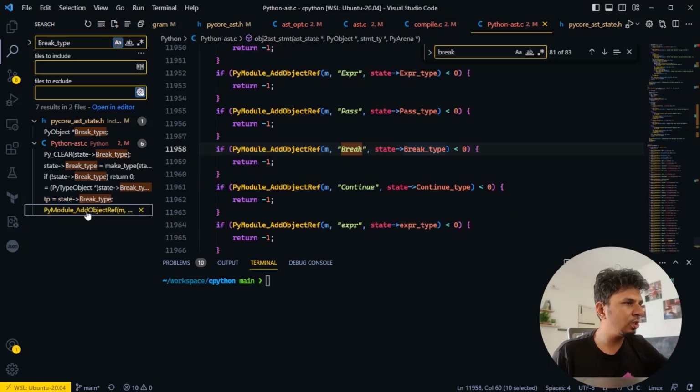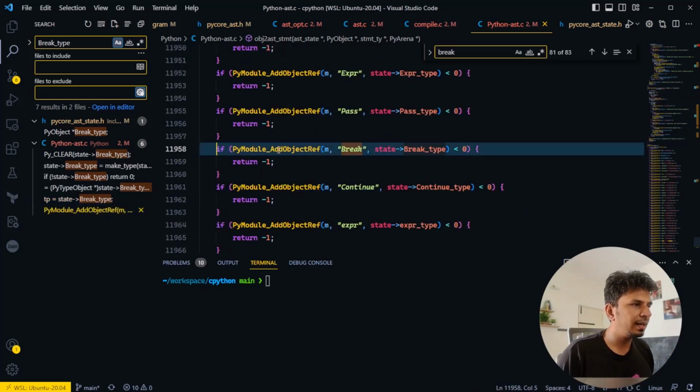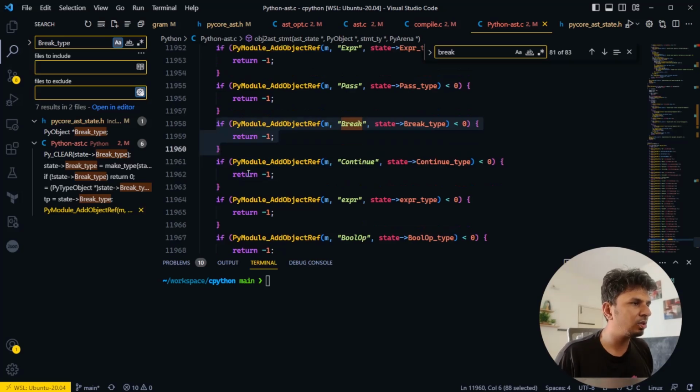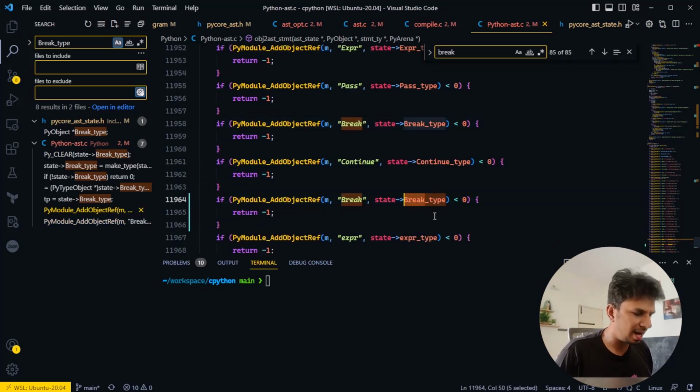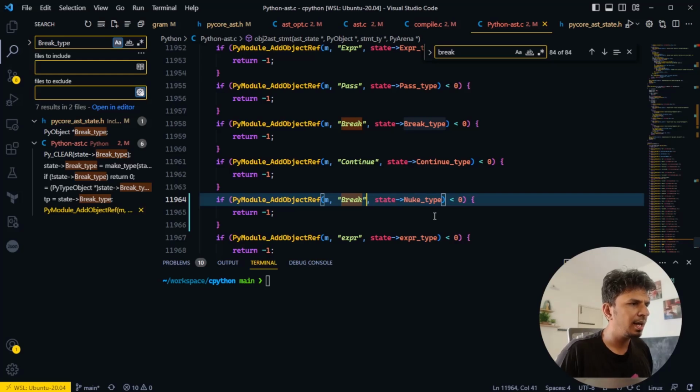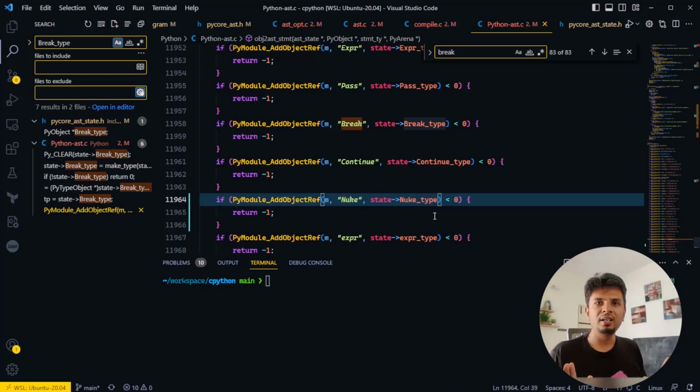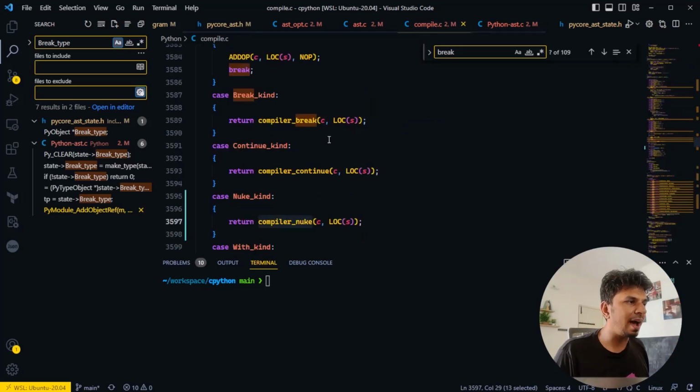The last change we see over here is break is added over here. I'll just go to continue and add my object reference. We added this type. I add my nuke type over here and I change it to nuke, right? We made a bunch of changes, right? One thing that we have to remember, that compiler underscore break that we just saw, we have to add compiler underscore nuke somewhere,